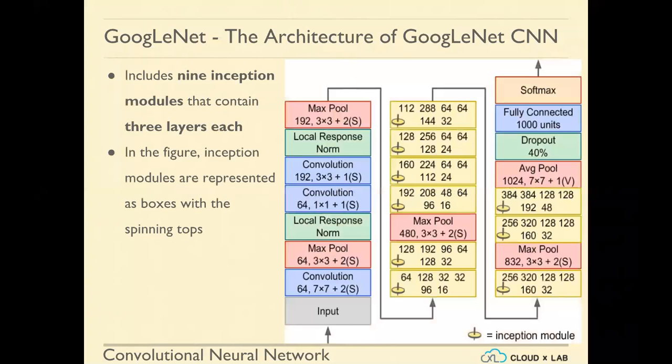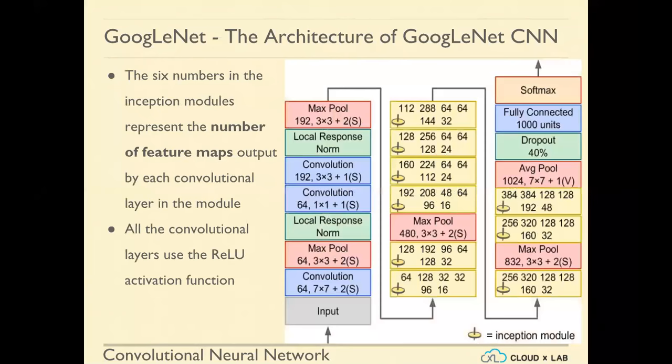Okay, so in this figure, inception modules are represented with the boxes with spinning tops, and the 6 numbers in the inception module represent the number of feature maps output by each convolution layer in the module. All the convolution layers use ReLU activation function. Okay, all of the convolution layers are using ReLU,